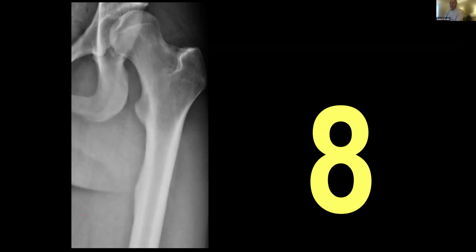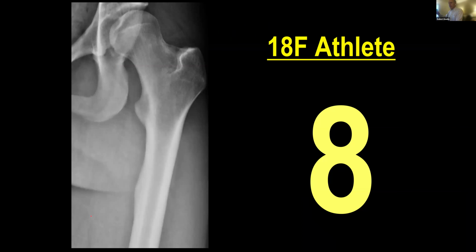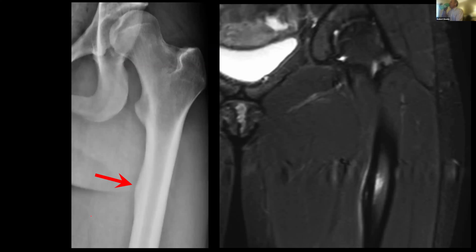All right, here an athlete who had groin pain, and here's the radiograph. 18-year-old athlete. An MR was obtained, and we see that this area of cortical thickening corresponds to this area of edema signal along the periosteum, bone edema in the medullary canal, and then a little bit of high signal intensity within the cortex as well.